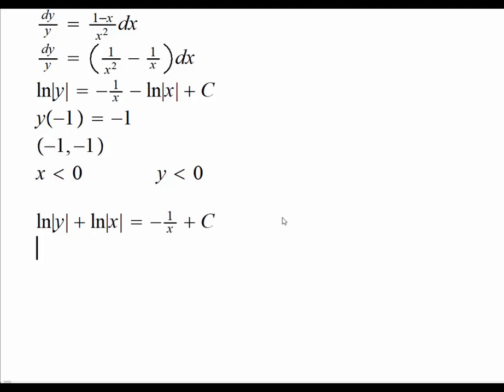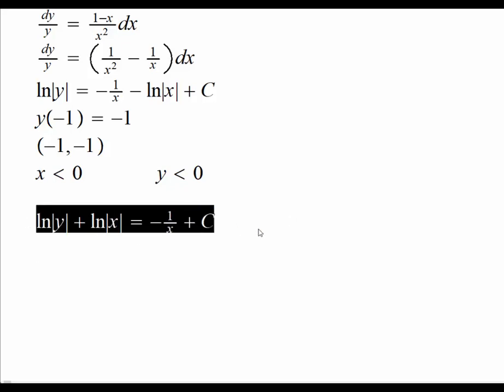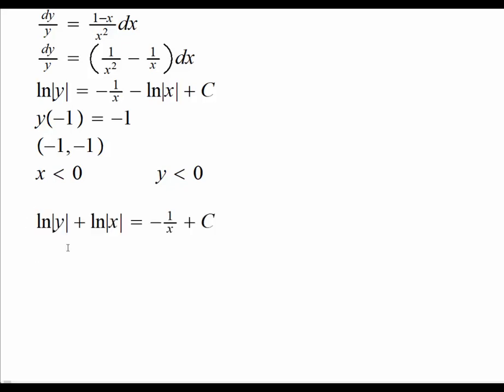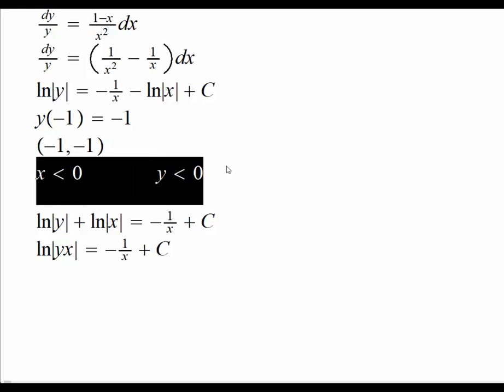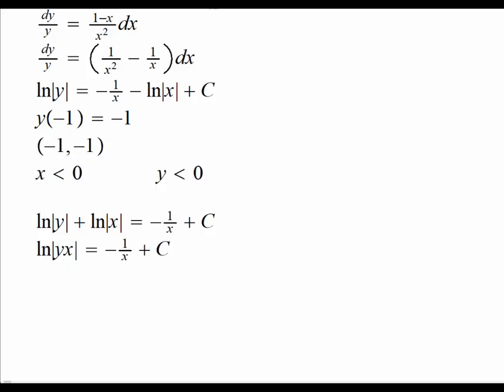And then what I have is that this would be the left hand side, the sum of natural log of two quantities is the natural log of their product, right? So by that we are going to have natural log of absolute value of yx equals -1 over x plus c. Now since both x and y can be taken as negative here, we can ignore the absolute value sign, right? Okay,